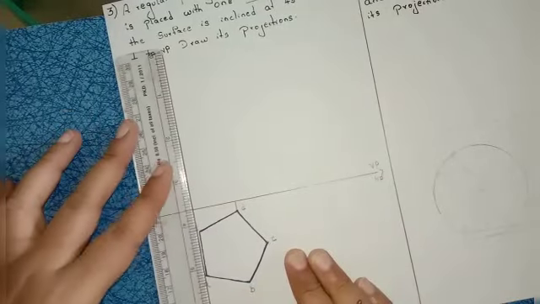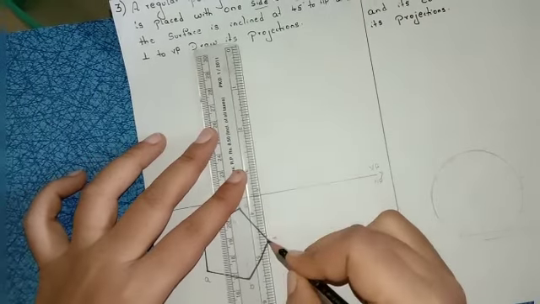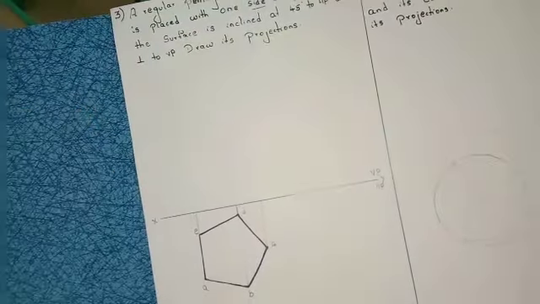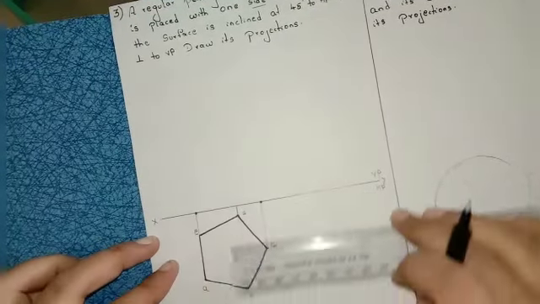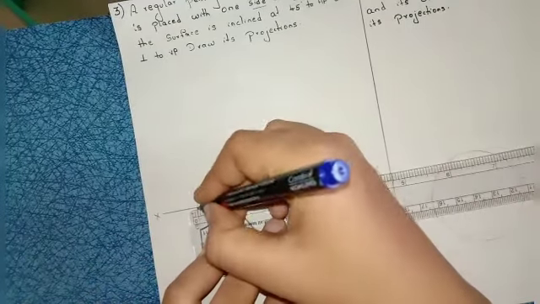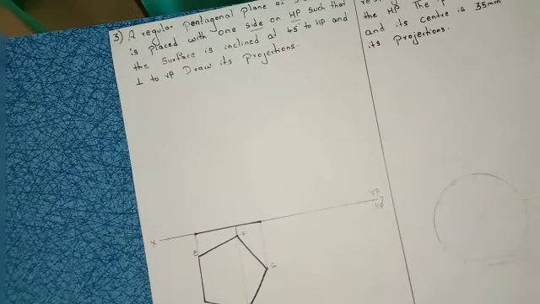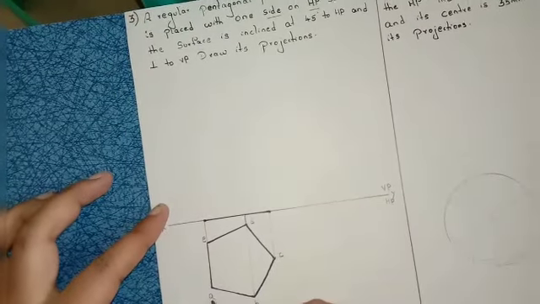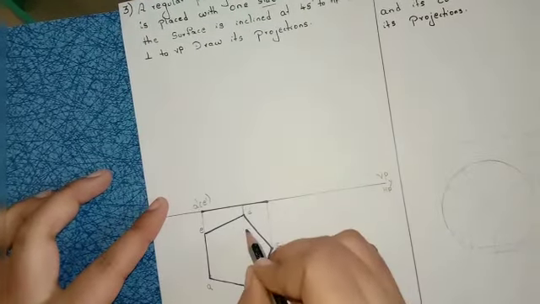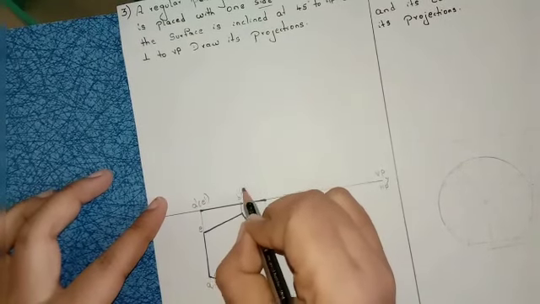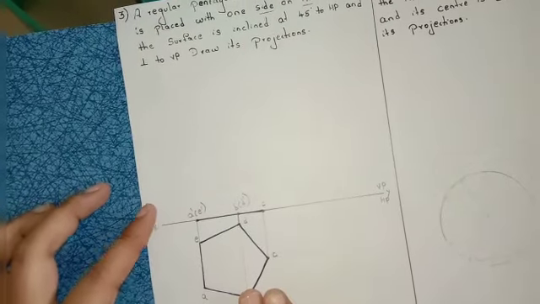After that from every corner you should project. From B and D project this one, from C project this one. Now this is the starting point, this is the ending point. Draw a straight line. Now you have to name those points: A dash of E dash, B dash of D dash, and C dash. So the first position is completed.